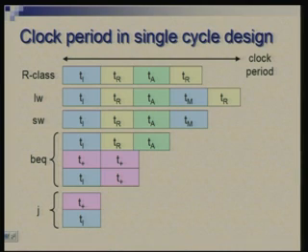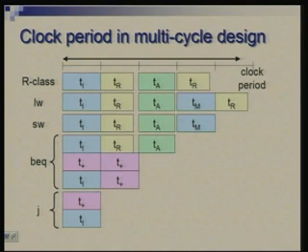We will take one simple choice here, which tries to do one major action in one clock cycle. This is only one of the possibilities. What it means is that, looking at each individual time, we take the max of these and take that as the clock period. In this case Ti, Tm or T plus are all equal and the largest among all. So that decides the clock period.